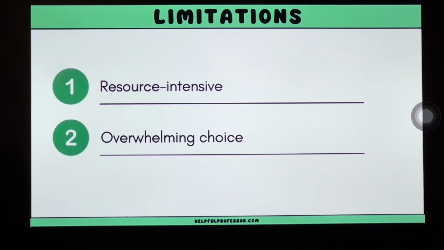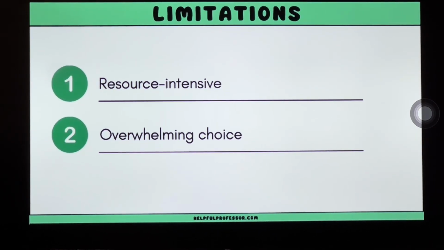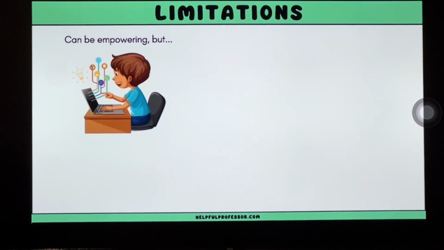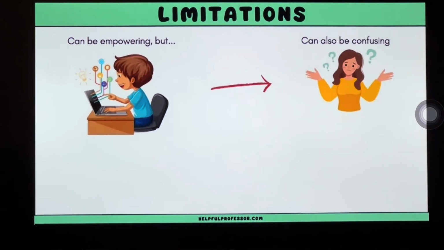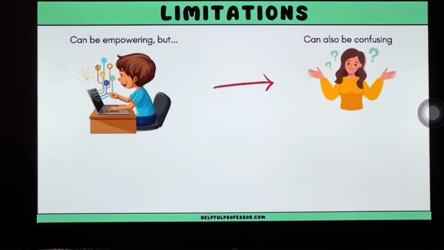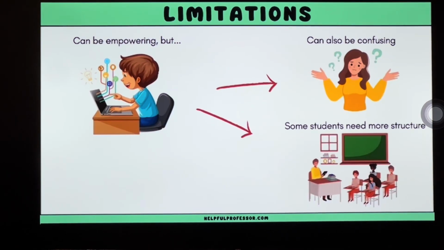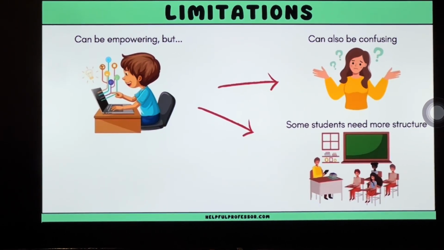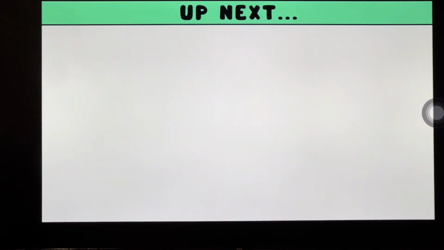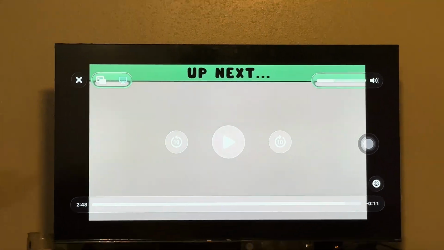Another limitation is the potential for overwhelming choice. While providing multiple options for learning and expression can be empowering, it can also be confusing for some students who may struggle with decision-making or who prefer more structured learning environments. This can sometimes lead to decreased learning outcomes if not carefully managed. If you're a university student, I recommend reading the article